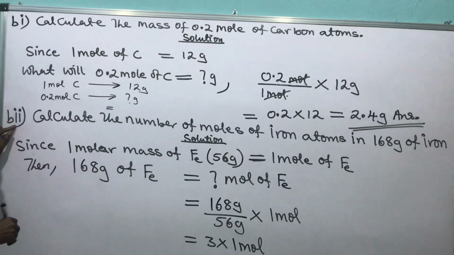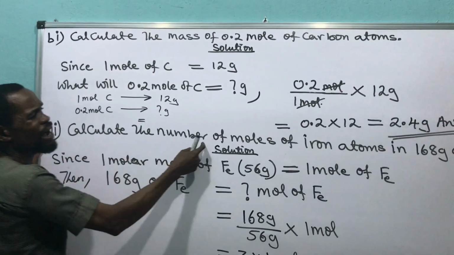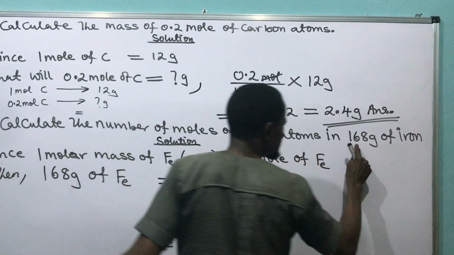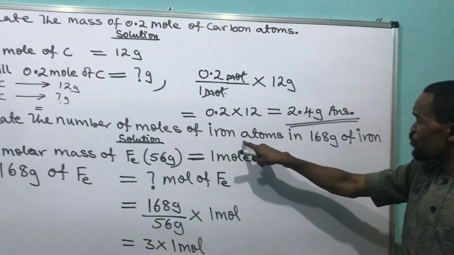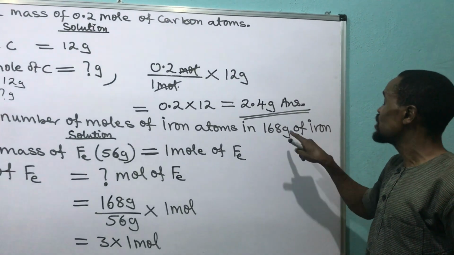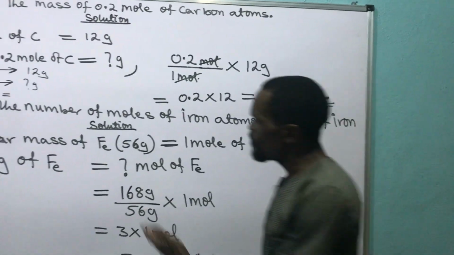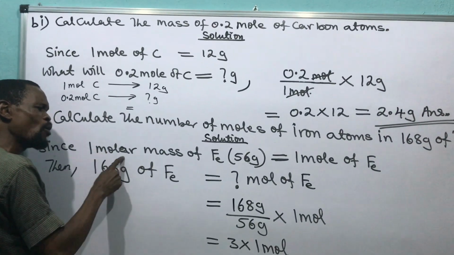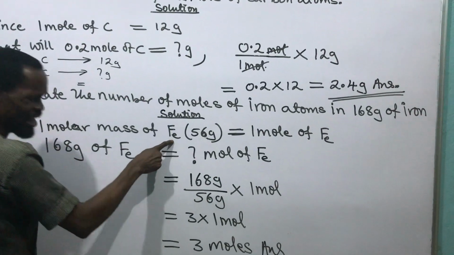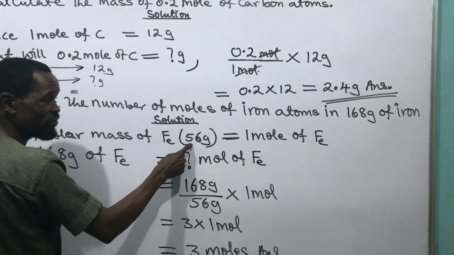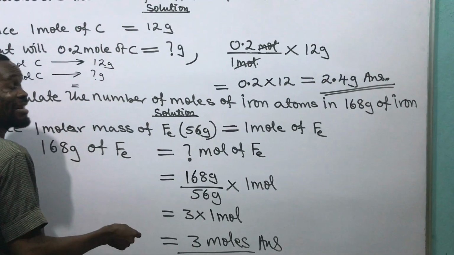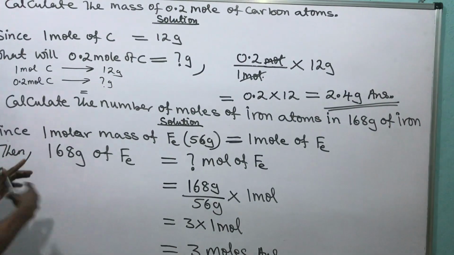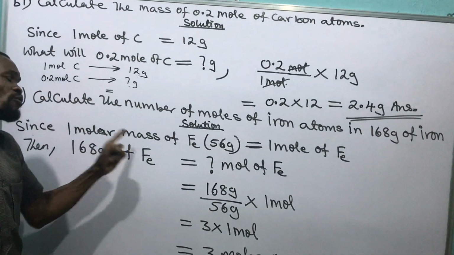B(ii): Calculate the number of moles of iron atoms in 168 grams of iron. We come back here. I still remember what I know: since the molar mass of iron, Fe, is 56, they give us the molar mass in that question, 56 is equal to 1 mole of iron. And I said, since 1 molar mass of